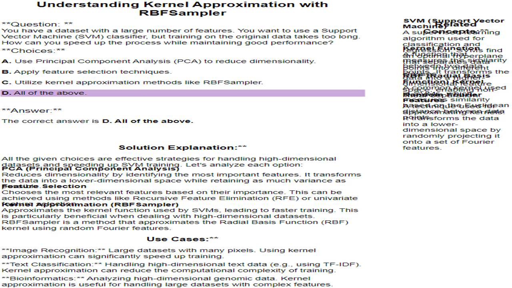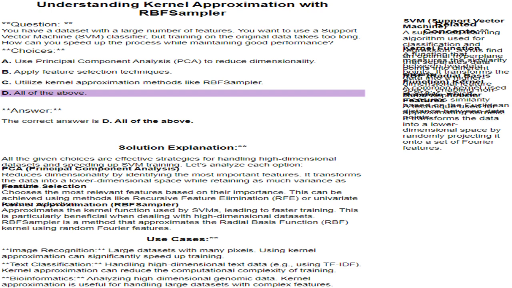True. Kernel approximation methods, such as RBF sampler, address the computational bottleneck associated with kernel evaluations. They approximate the complex kernel function, leading to faster training. RBF sampler specifically uses random Fourier features to efficiently approximate the radial basis